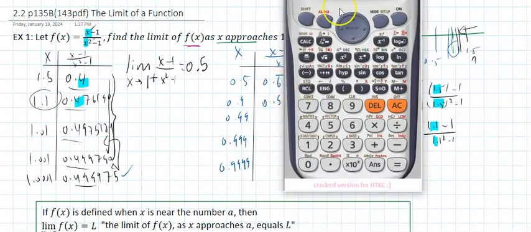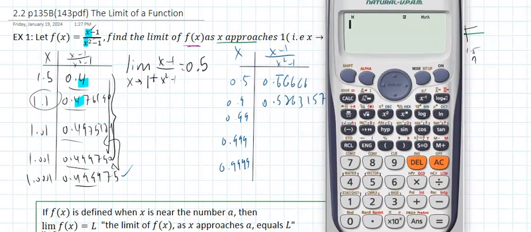Reset. Again, I have an issue with the calculator. It doesn't like it when my stylus touches that. How about 0.99? And again, there it is. But now I have to improve again because